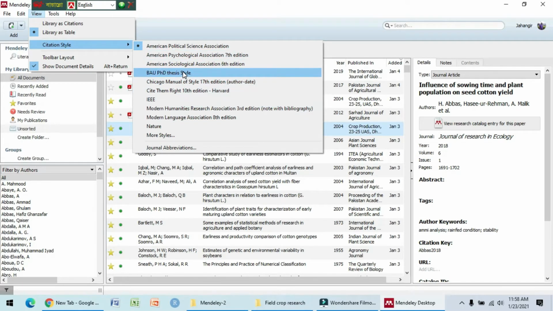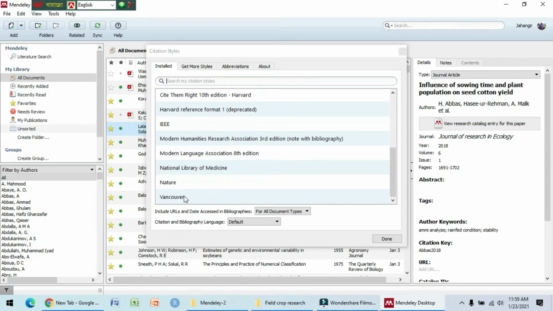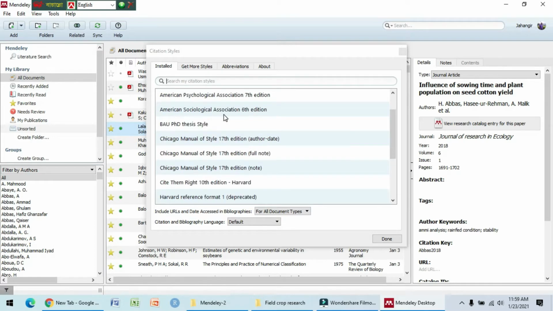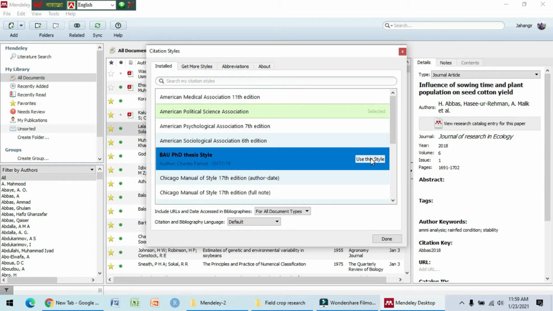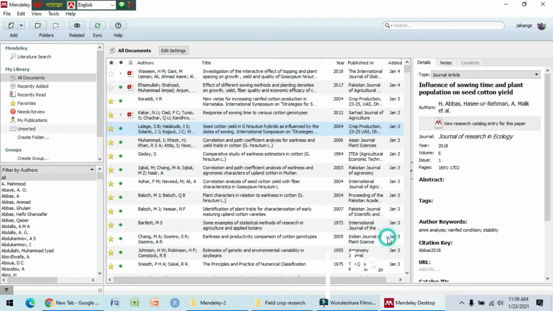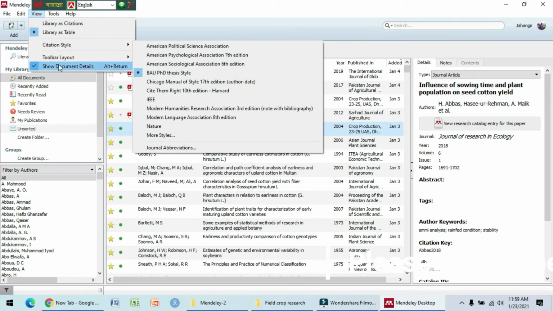I want to choose BU PhD thesis style, and you have many more citation styles, such as Nature, Vancouver, Harvard reference format, etc. I have selected it, and you use this and done. So it is our citation view style.